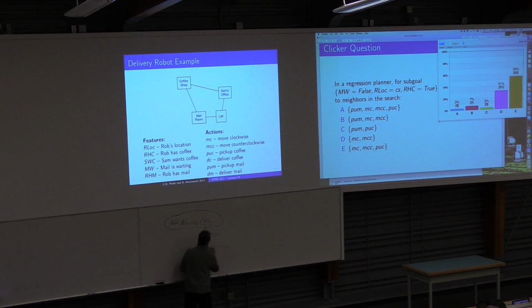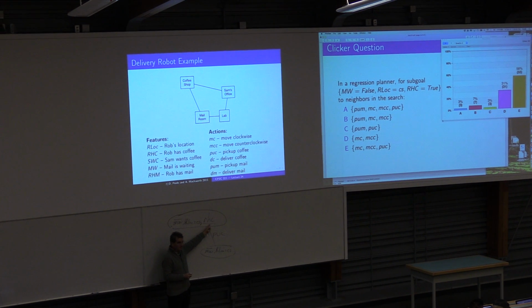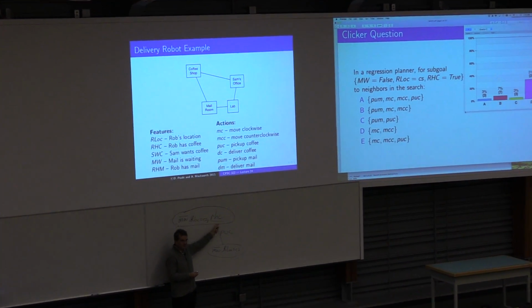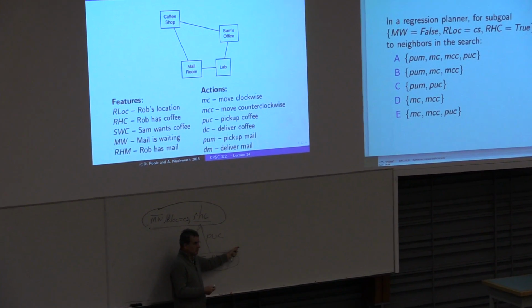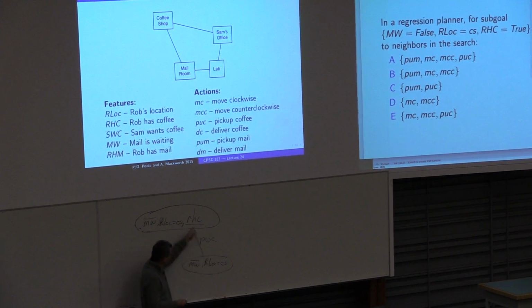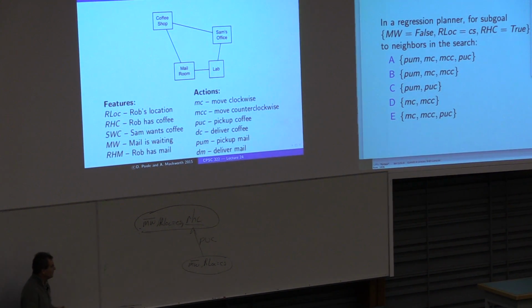So this is actually right, the robot location is CS. And now we have robot has coffee, and I can't remember whether it was required to not be holding coffee, but it doesn't matter. Okay, so we can do that, or we could do move